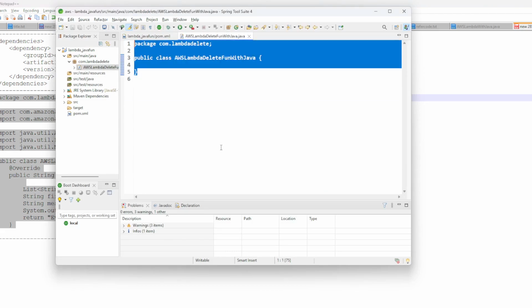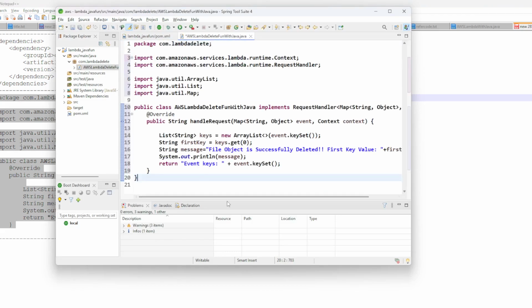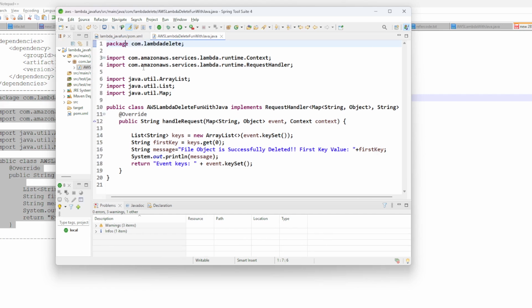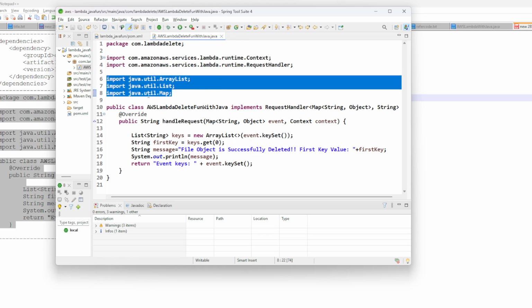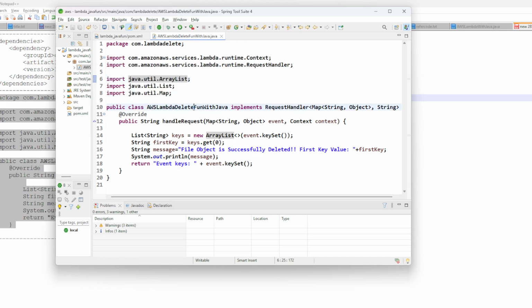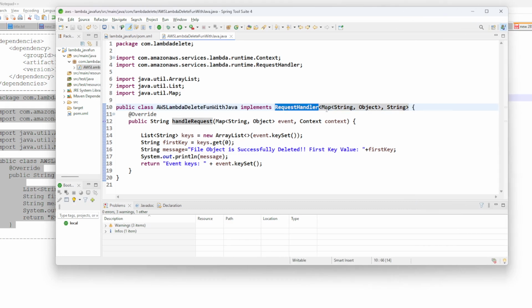Now let me add some code here, like this is the code we need to add. So this is our package, we can save it. So this is our package, and these are some AWS dependencies for context and request handler, and these are some usual imports for array list, list and map, and this is our class which we are going to use, and it implements request handler which takes a map and string,